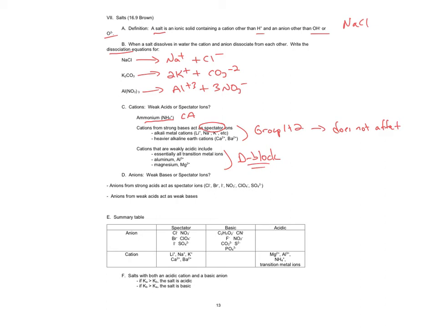However, while this is true, they have taken this type of chemistry out of the national exam. So really the only one I tell students to worry about is ammonium. Don't worry about these other D block metals that can be acidic. Now, as an application of this, do understand that if you have iron or copper in your water, which is very common